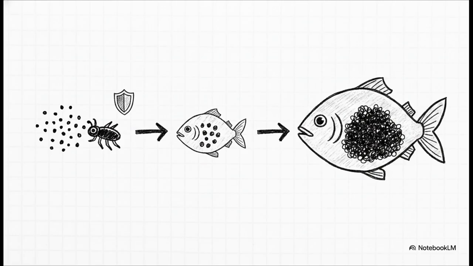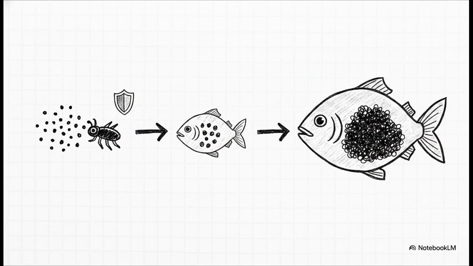But the absolute biggest problem came down to its chemical structure. Remember how we talked about those incredibly stable, hard-to-break bonds? DDT has those. It's remarkably stable, and it's highly soluble in fat, but not in water. This meant animals couldn't easily metabolize or excrete it. So when a small fish ate DDT, it just got stored in its fat. Then, when a bigger fish ate 10 of those small fish, it accumulated all of their DDT. This vicious cycle, called bioaccumulation, meant the chemical built up to highly dangerous levels in animal tissues all the way